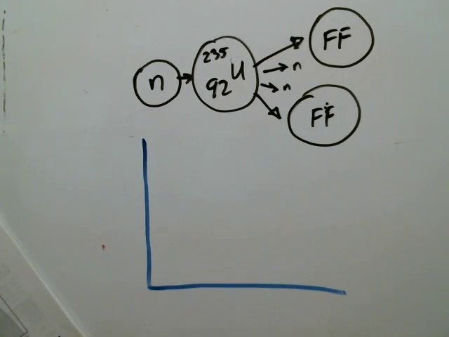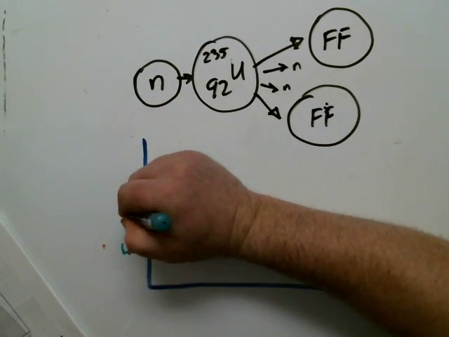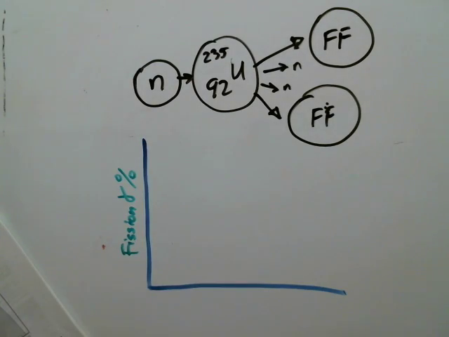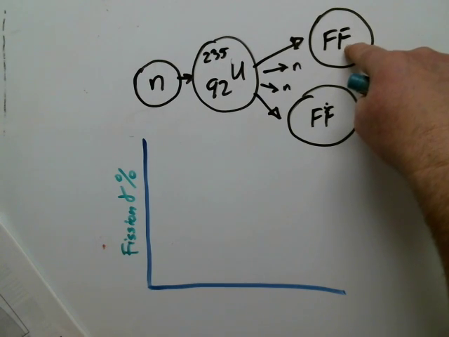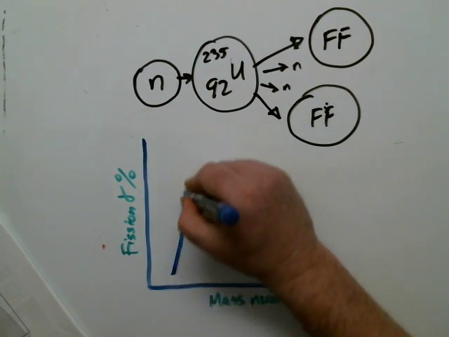This graph here is called the fission yield, and it's in percentage. So it essentially represents the probability that a certain isotope is going to be created. What's very important is look at this. This is mass number on the bottom. Mass number. So then we draw the graph itself, and we see